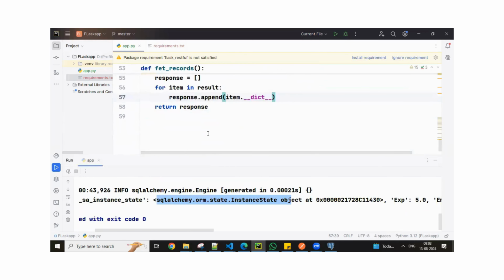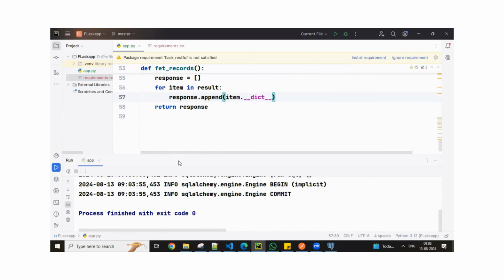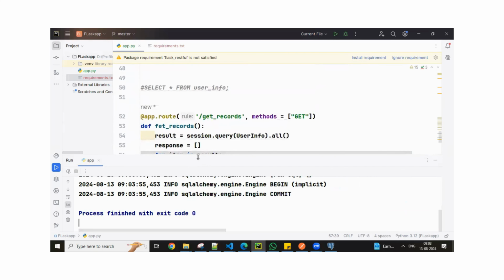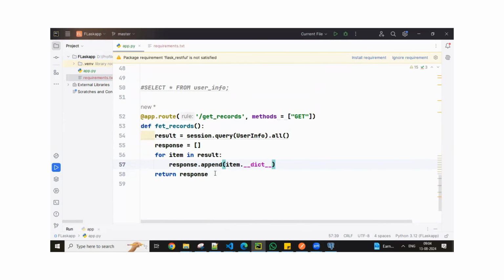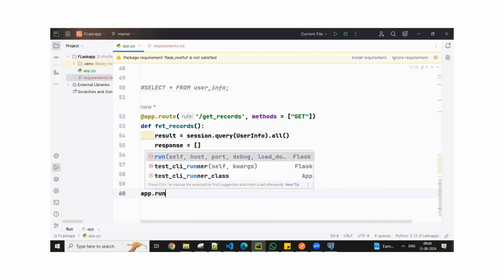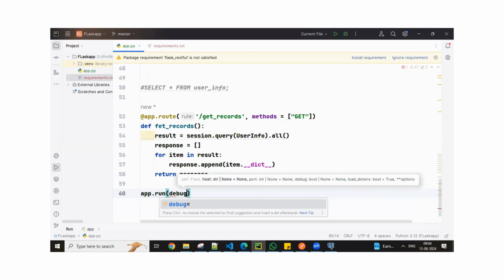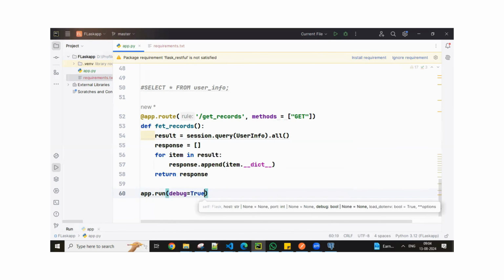So when I run this application, it is simply running. But when it comes to the application, this is what we have created, an API route now. If you want to run the application, say app.run, we have done this already with some sample API, and say debug equal to true. Why is this required? If you want to run the application in debug mode, whatever is happening with the application would echo all the data. Understood? So if you execute this program now,